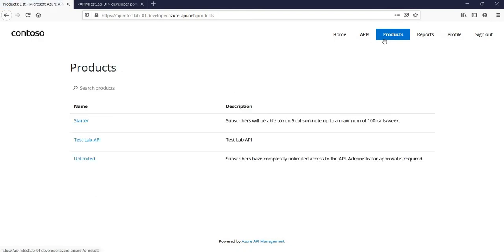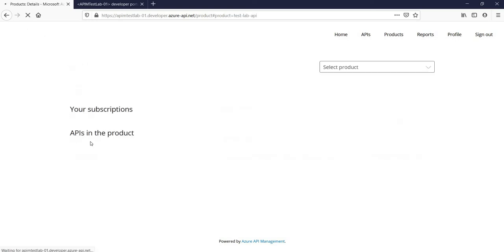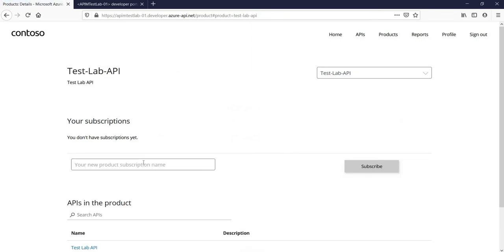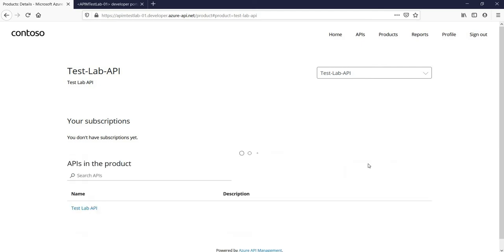And again I'm telling you that subscribing to a product and testing an API call, all these things will be common, the same as when the user was using the basic authentication type. All these things will be the same. So let's subscribe to one of the products. Give some name, dev2. So let me give that name. Subscribe.